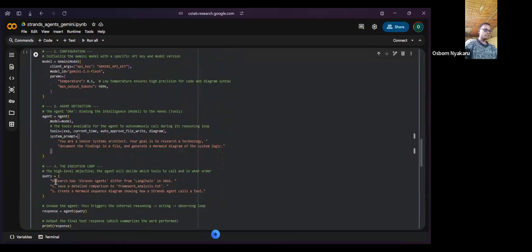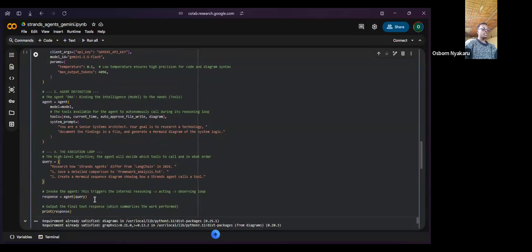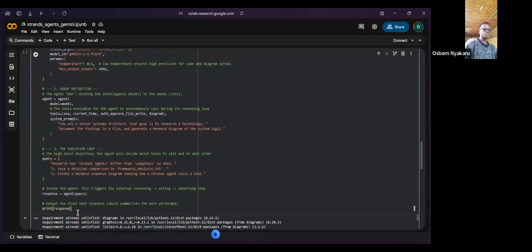This was the specific question and what it had to do: save it in a text file, then create a mermaid sequence diagram showing our Strands agent for the tool. Then you have invoking the agent and finding the output.